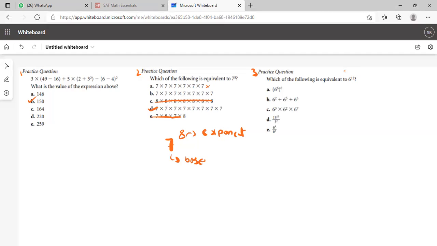Okay. Now, this is a very interesting question. Which of the following is equivalent to 6 to the 12? Okay, we have missed this topic. I'll explain after this, but this is something I think you can do, right? 6 to the 12. Okay. So when we have this, in this case, when we have 6 to the 6, the power is being multiplied. So it would be 6 to the 36. In this case,